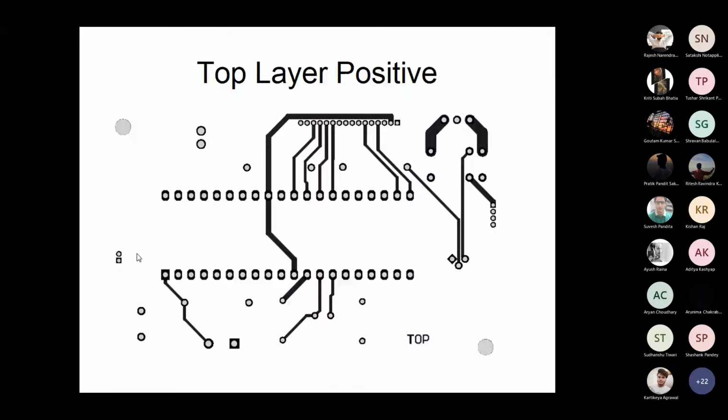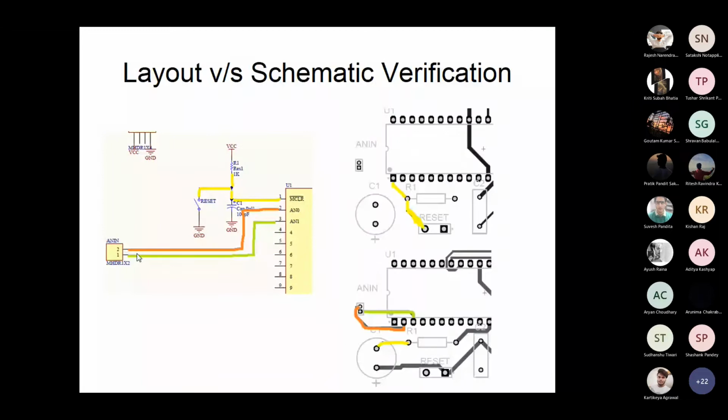And there is one more important step that you have to carry out, and that is to verify the layout that is being created and the schematic itself. So what you normally do is take a couple of colored pens and trace each and every connection. This is a very, very important step, because if there is some kind of error present after fabrication, you will not be able to correct it. You'll have to throw away the board. So please mark this step as very, very important. This is called layout versus schematic verification.